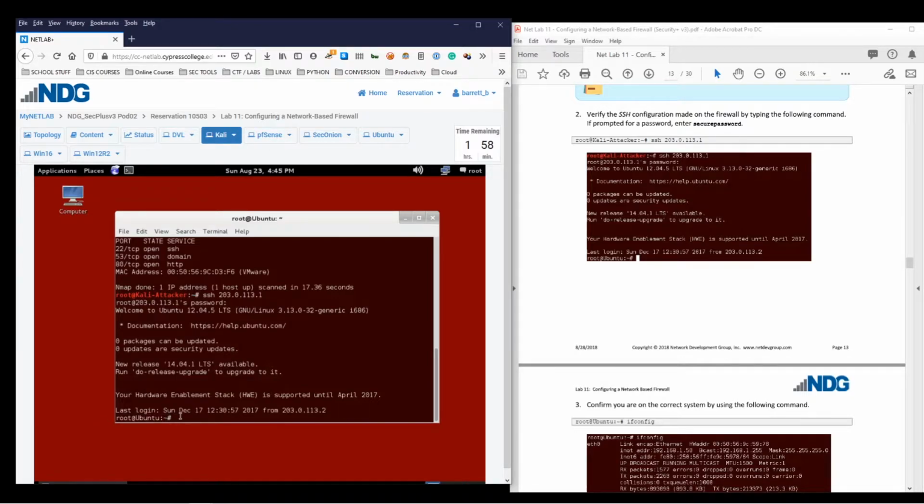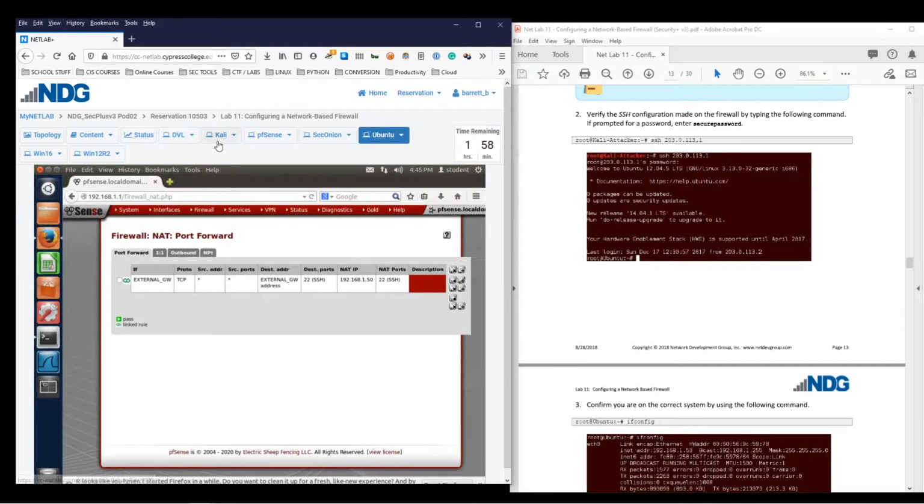It's root at Ubuntu. So we are currently connected to this machine because we SSH'd into the firewall IP, but because we have this port forward, it forwards any SSH traffic